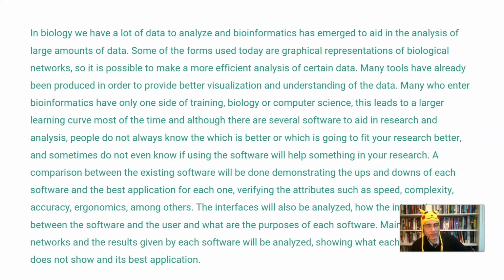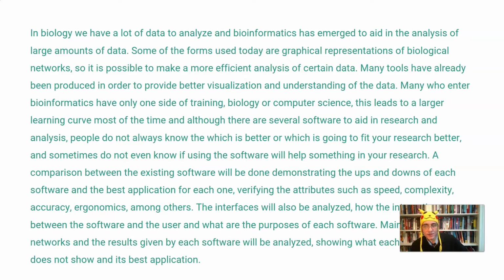Many who enter bioinformatics have only one side of training, biology or computer science. This leads to a larger learning curve most of the time, and although there are several software packages to aid in research and analysis, people do not always know which is better or which is going to fit your research better, and sometimes do not even know if using the software will help something in your research. A comparison between the existing software will be done, demonstrating the ups and downs of each software and best application for each one,